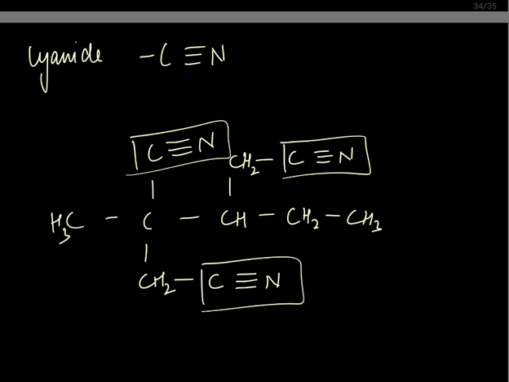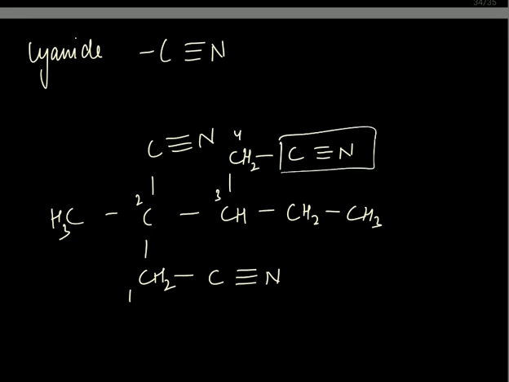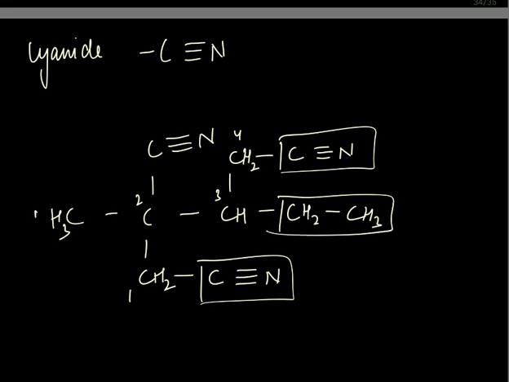You are not going to number the carbons which are triply bonded to nitrogen. The cyano groups, basically nitrile groups, you are not going to number. So from where should we start the numbering? We can start from either this carbon, 1, 2, 3, and 4. Or you can go from the bottom, 1, 2, 3, and 4. So this is not numbered, this is not numbered, and then you have this as ethyl, and you have methyl,